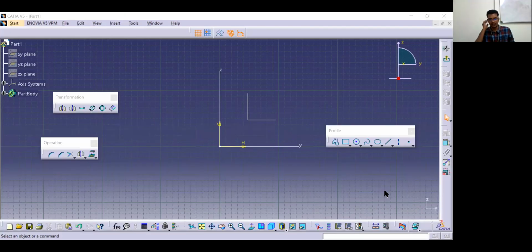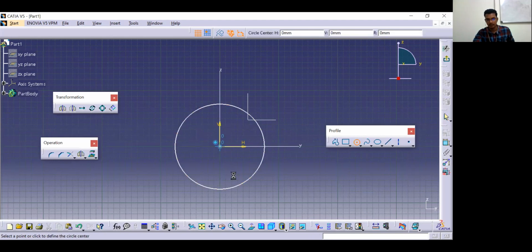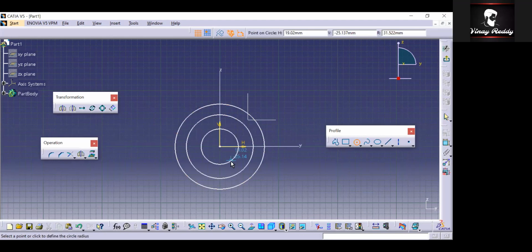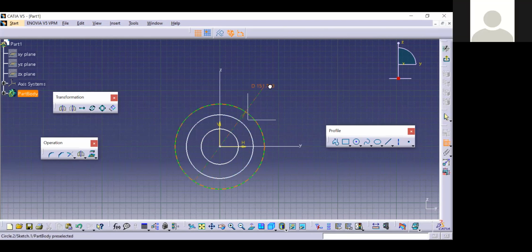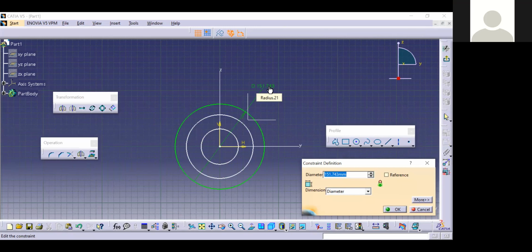So now we need to create 3 circles. So one will be a big one. I'll just create this one like this. Now the first one. So what is this dia? 60, sir.